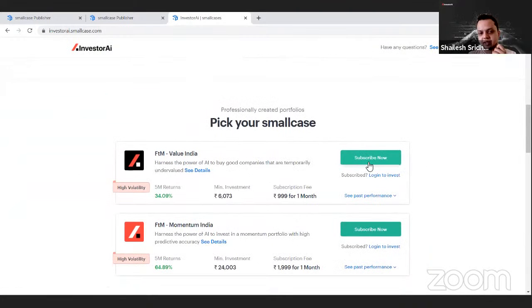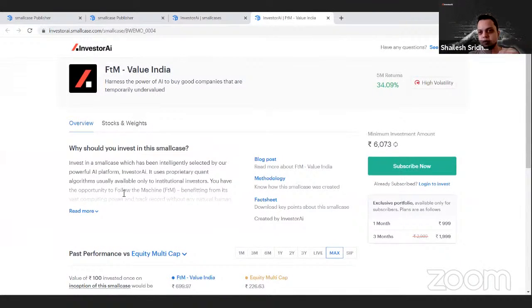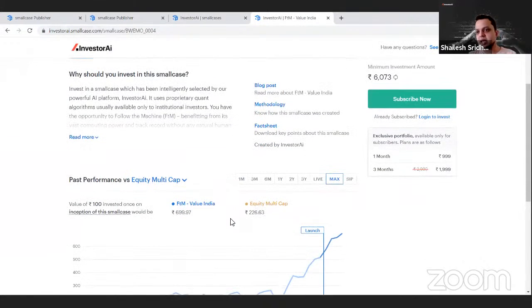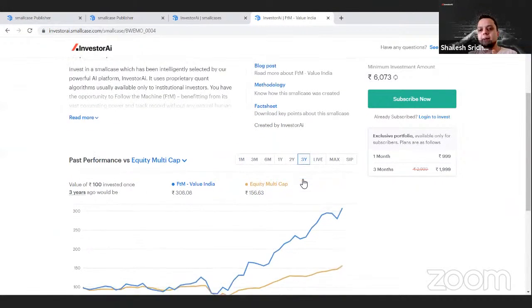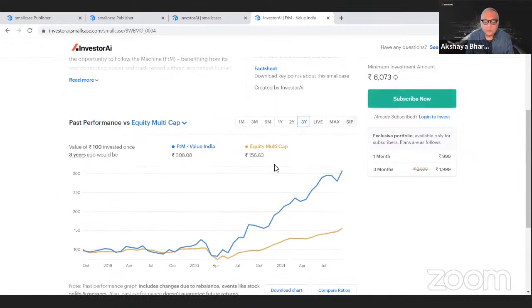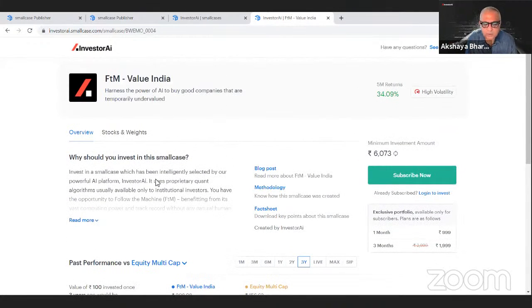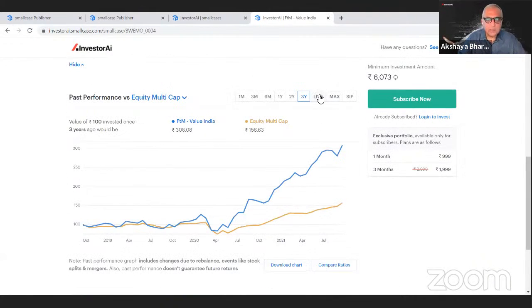You can just click on see details, and it tells you about the smallcase, historical performance since live, and how the performance is both live and simulated backtesting as well. Just go slowly, Shailesh. Explain live, explain backtesting. Show the chart.